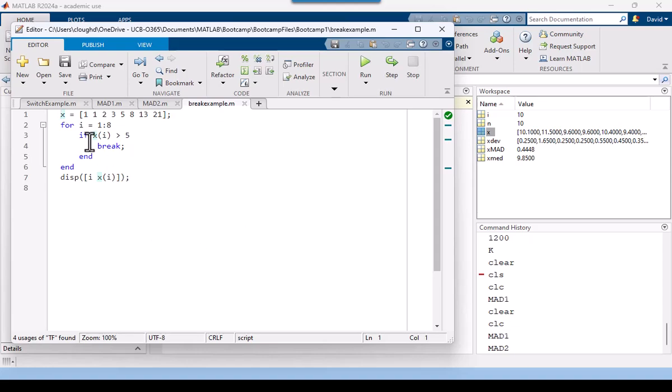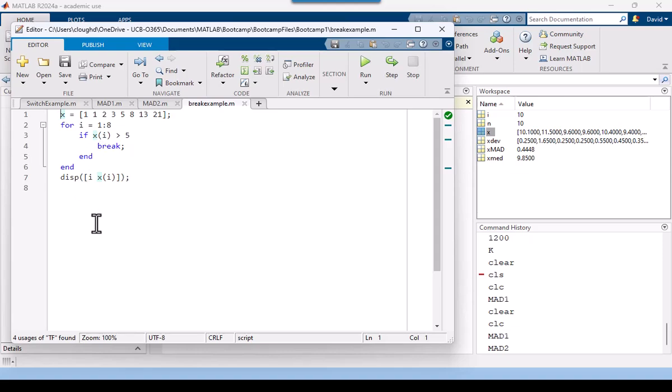But what it does is it's using an array here, which happens to be the early part of the Fibonacci sequence. And then note that there are 8 elements to this. So it sets up a loop for i equal 1 to 8. And then it says if you encounter a value in the array that's greater than 5, break out of the loop. Well, that's going to happen when we hit the value 8 here. And then it wants to display what location that is